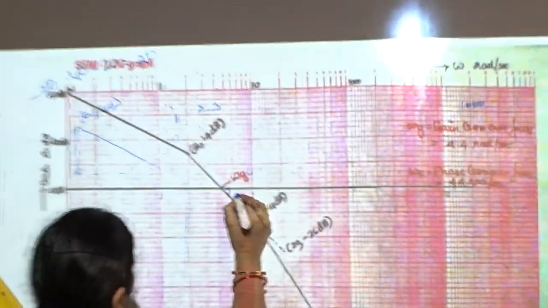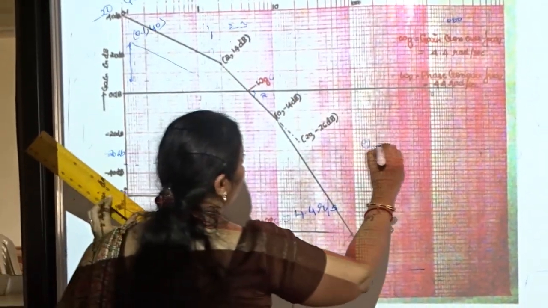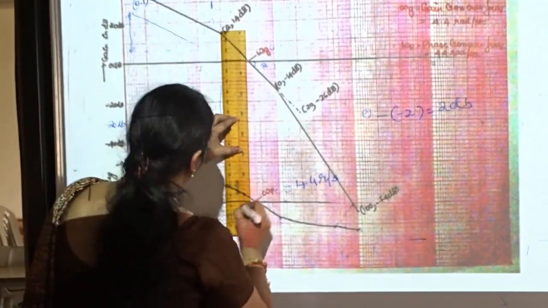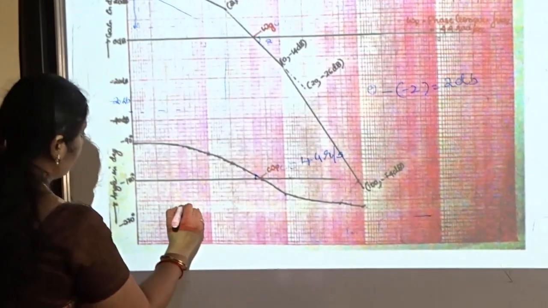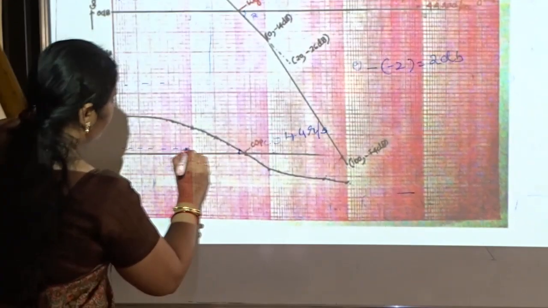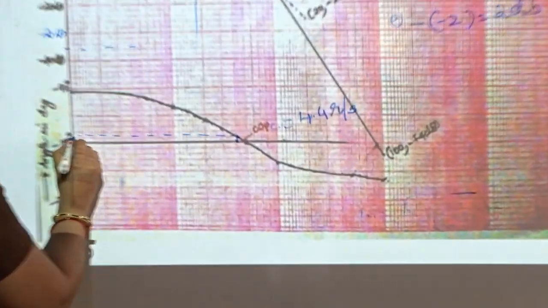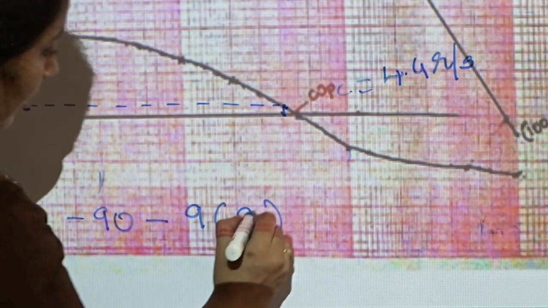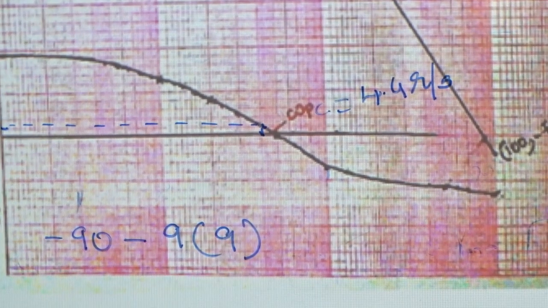A slight difference. And what is the gain margin? You get a small gain margin of around 2 dB, that is 0 minus of minus 2, so 2 dB is the gain margin. What is the phase margin? The phase margin will be around the difference here. You have a small difference, so you take out the angle here. By how many degrees has this angle come down? It has come down by 9, so minus 90 minus 9 into how many lines you have marked, 1, 2, 3, 4, 5, 6, by 9 lines.